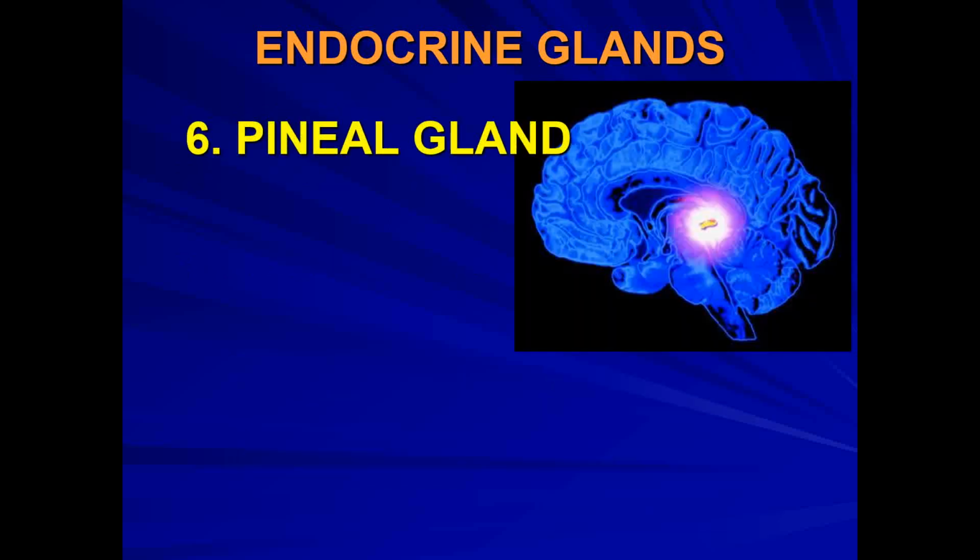Deep within the brain, we have another endocrine gland that starts with a P. I say another one because the very first one we listed was the pituitary gland. Here we have the pineal. I learned it pine, like a pine tree, the pineal gland, and it is within the brain, so deep within the tissue. Pituitary kind of hangs or dangles beneath the hypothalamus, but the pineal gland is surrounded by brain tissue.